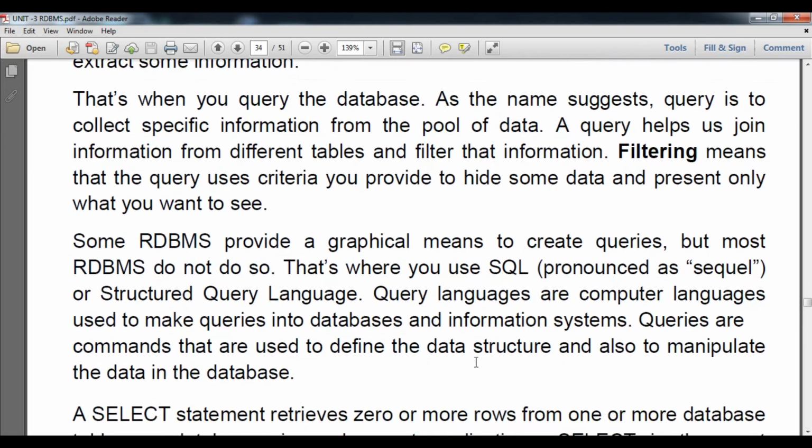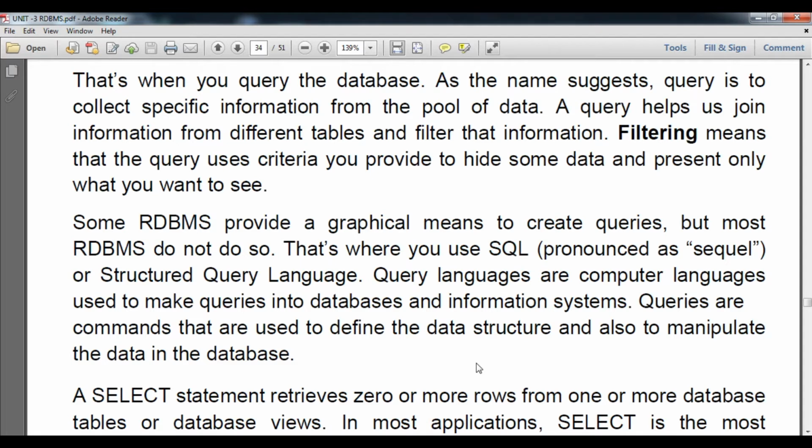Now we are going to understand that some RDBMS provide graphical means to create a query. It means some RDBMS provide a graphical option by which you can get the result, but most RDBMS do not do so. In MySQL or SQL, all the commands are based on CLI, the command line interface.